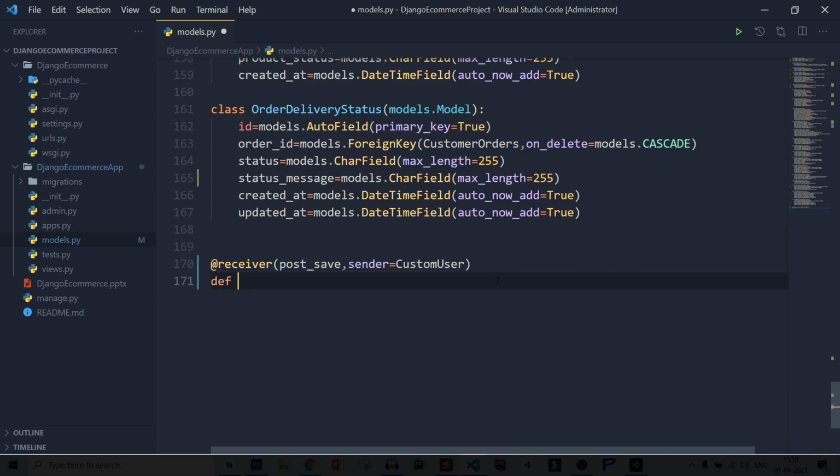After that define create_user_profile. The first parameter is sender, the second parameter is instance, the third is created, and the fourth is kwargs.